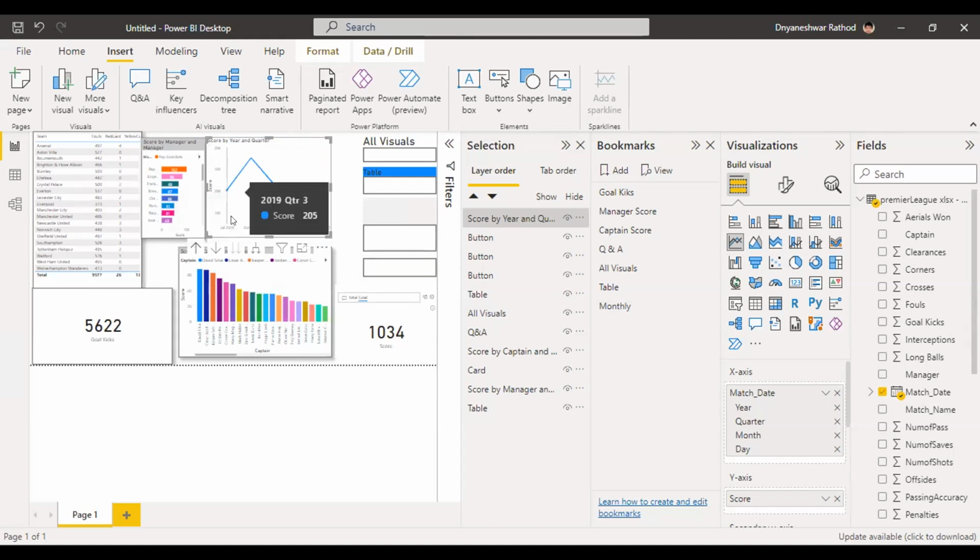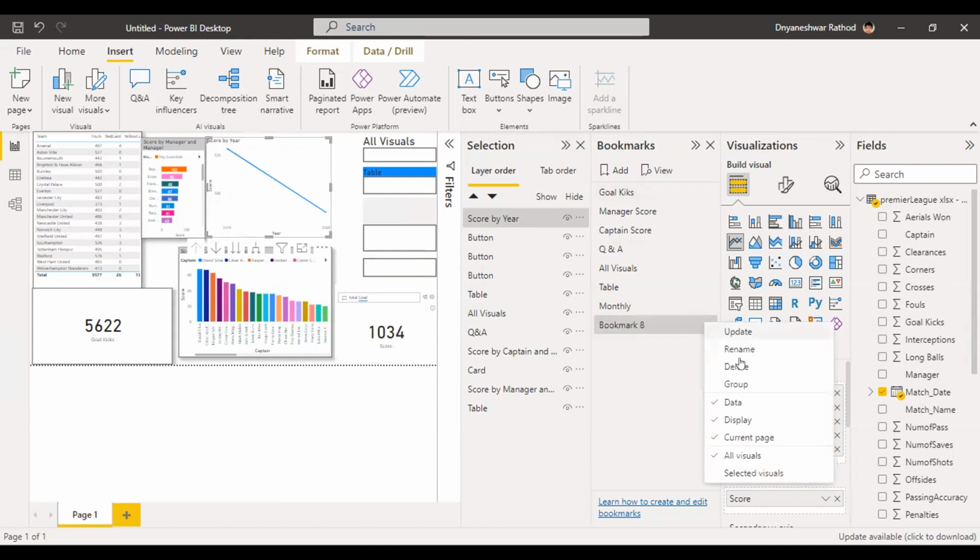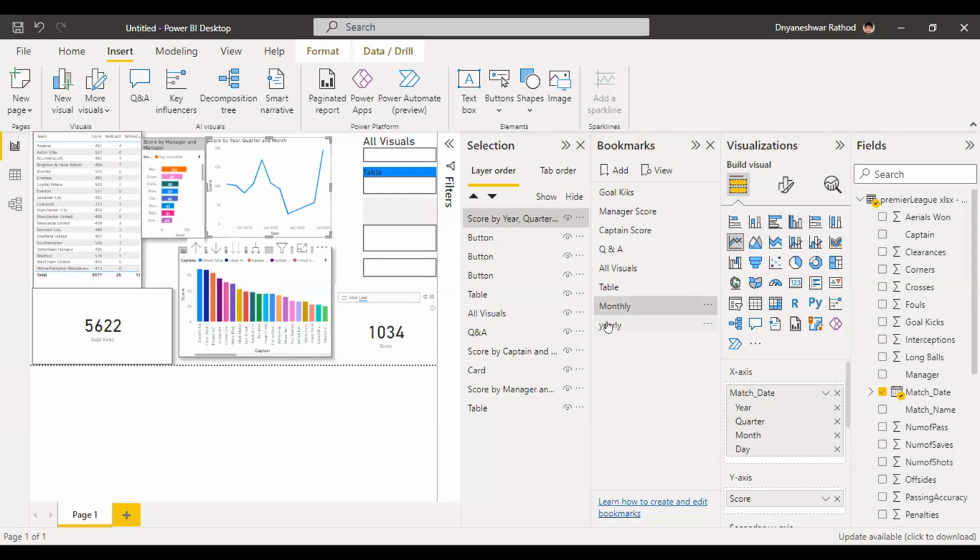2019 क्वार्टरली बन गया। मैं इसको ईयरली कर देता हूँ। ओके, अभी ये बन गया ईयरली। तो मैं अभी एक और बुकमार्क ऐड करूंगा और इसको बोलूंगा ईयरली। एक मिनट, रीनेम कर दूंगा ईयरली, YEARLY। तो अगर मैं इसको मंथली क्लिक करता हूं तो सेम विजुअलाइजेशन है, मैं मंथली पे देखूंगा। अगर मुझे ईयरली चाहिए तो वही सेम डेटा को मैं ईयरली पे भी देख सकता हूँ।